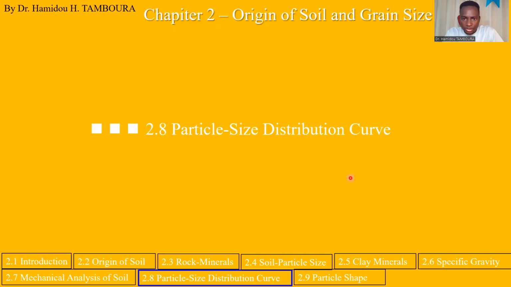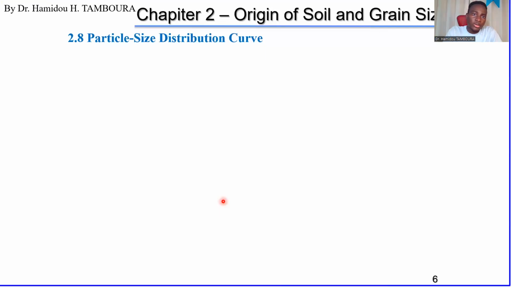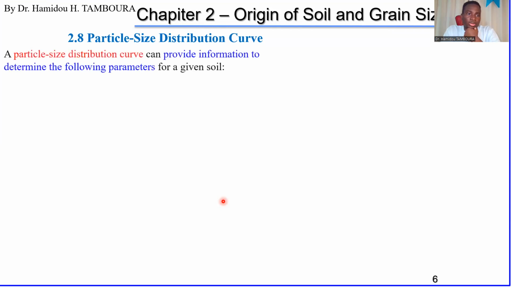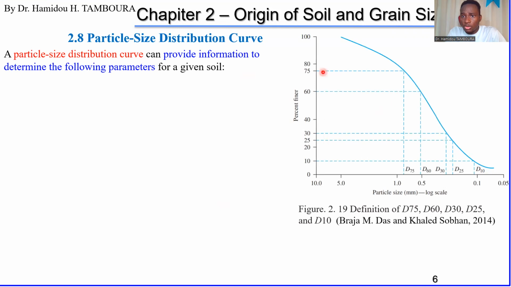Okay, so let's start with number 8, which is the particle size distribution curve. We will try to find what information this curve can give us. This particle size distribution curve can provide a lot of information about the soil, as I told you in the previous video. If we take, for example, this curve, from the previous video we know its name. And what can we get from this curve is,